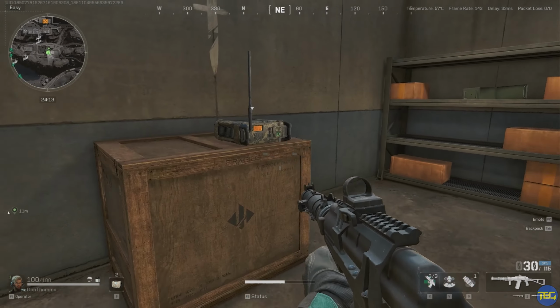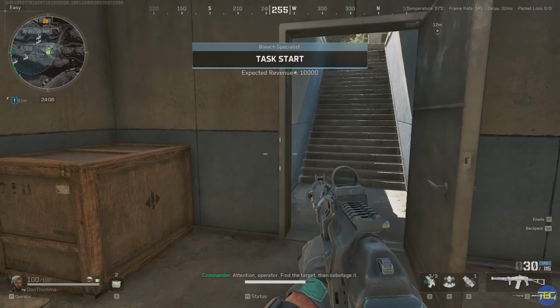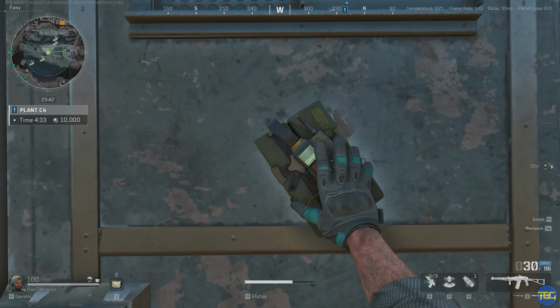We actually get a secret mission we have to do first, which is a breach specialist mission. Accept this contract, head up to the door. You've got to place the C4 in, which will be marked on your map now. It's just over on the next building. Place a C4 on the door, defend the C4 from some AI bots for a couple of minutes, and then